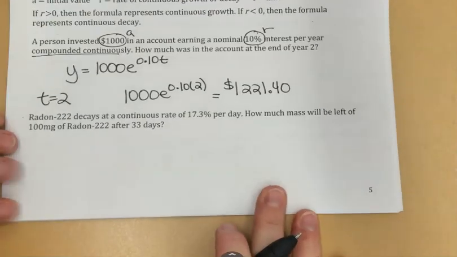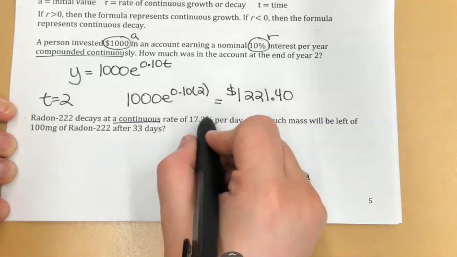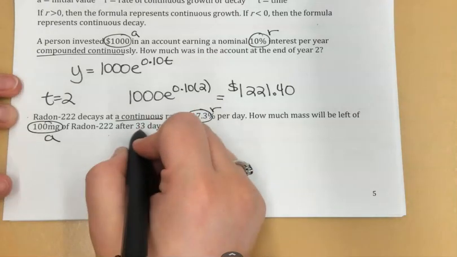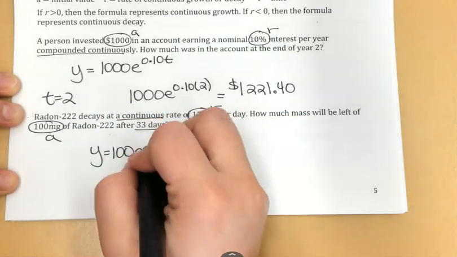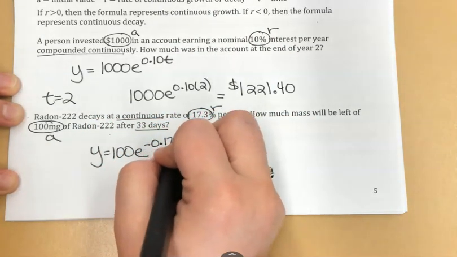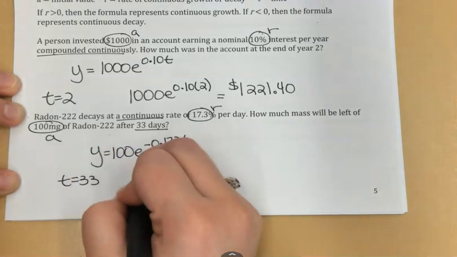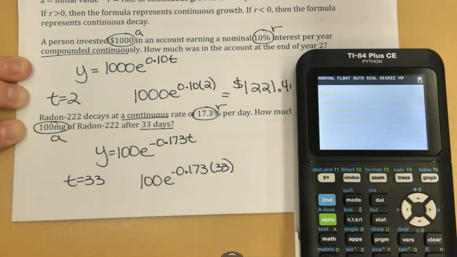Okay, and then lastly, before I run out of time, radon 222 decays at a continuous rate. That's what tells me I'm using e, of 17.3% each day. How much will be left if I'm starting with 100 milligrams after 33 days? So that function will be 100 e to the negative 0.173 t. Again, it's negative because we're doing decay. So after 33 days, 100 e to the negative 0.173 times 33, and I'm going to have about